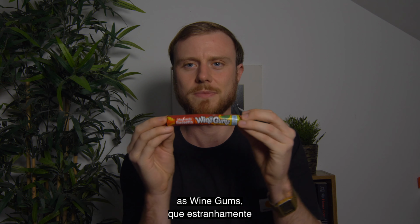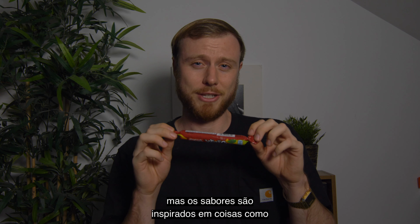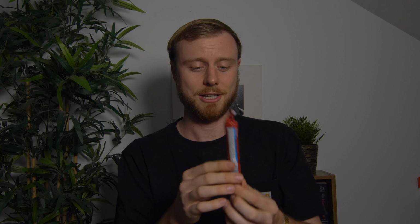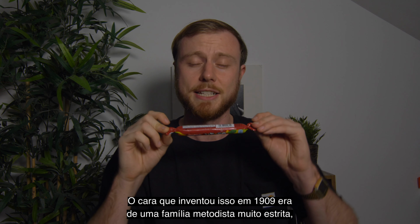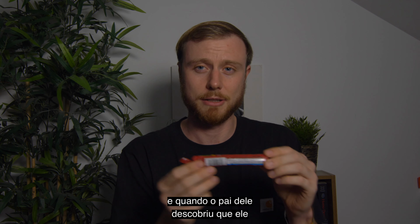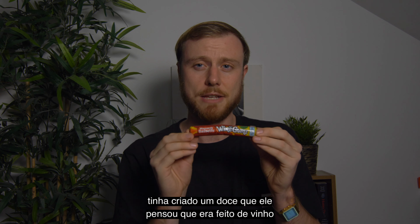Wine gums. Strange. They don't actually contain alcohol, but the flavors are inspired by flavors of gin, wine, and port. They're quite a strange sweet, really, because they kind of taste like wine. The guy that made these back in 1909 was from a strict Methodist family. And when his father found out that he had created a snack that he thought was made from wine, he